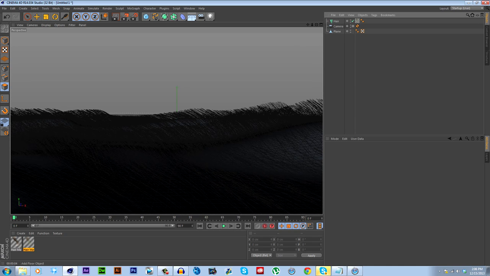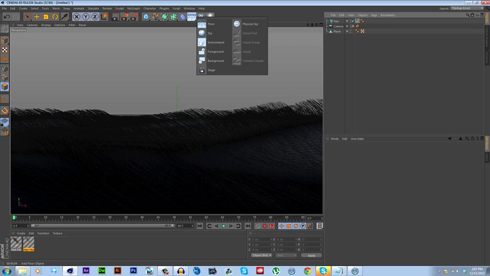Now in terms of lighting, Cinema 4D lighting can get very complex depending on how good and how realistic you want your image to be. I'm not going to do a tutorial on really complex lighting right now, because it's not my best aspect, and you can spend hours talking just about lighting. But a real quick way to do some lighting and not have to do much work at all